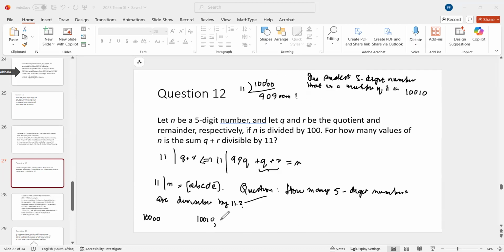So the next one will be 10,021, so you have to add 11 to 10,010, and then add 11 to that, and so on, until I come to the very last one. Now, what is the last one? It goes up to